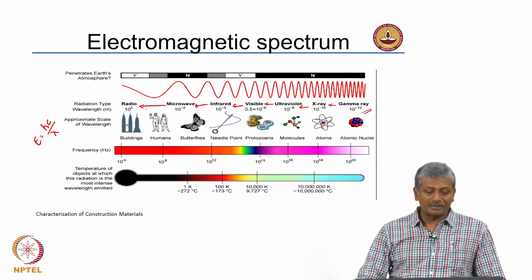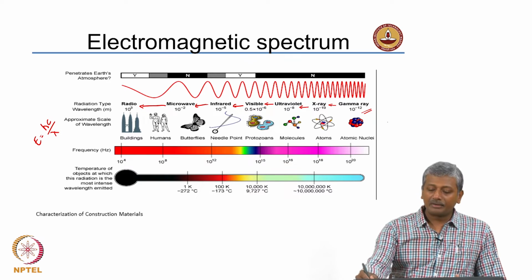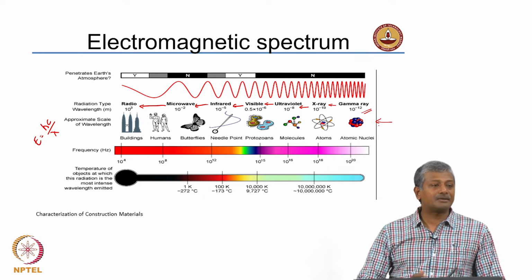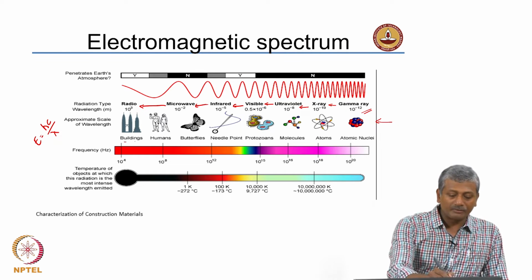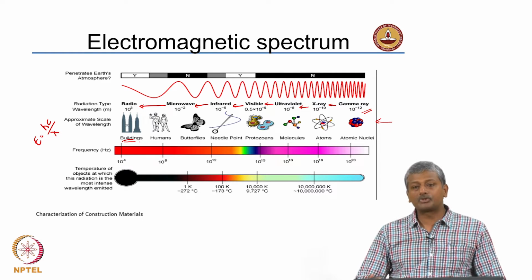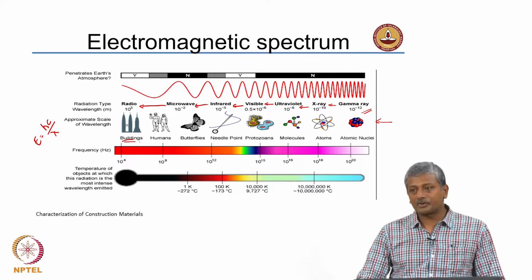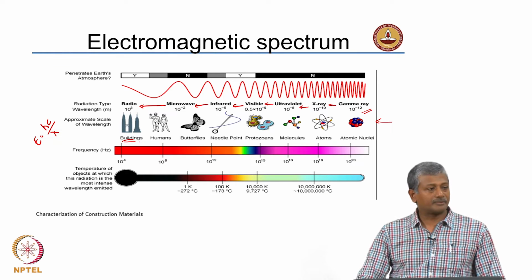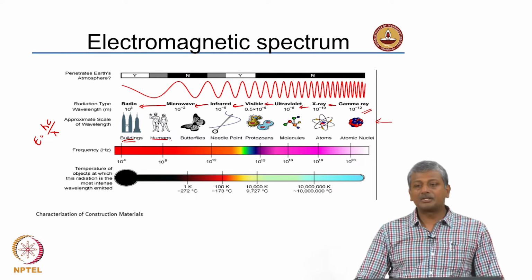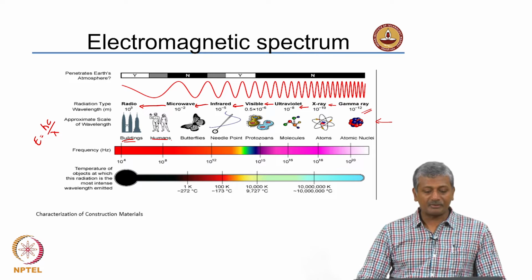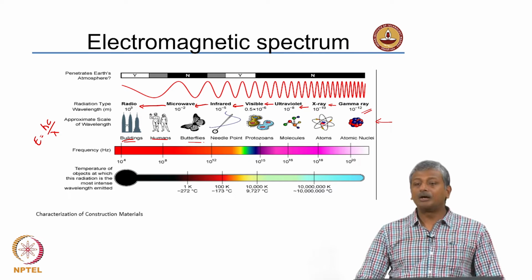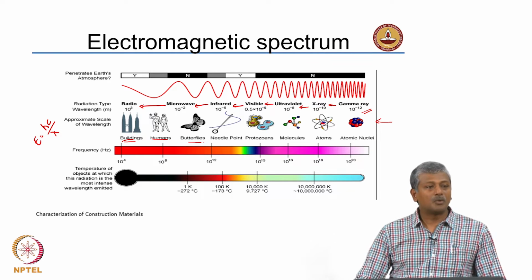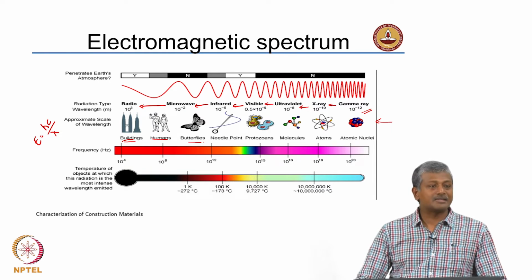So, what scale of wavelength is given by the kind of materials that are in the same range as the wavelength of the electromagnetic radiations? For example, if you are looking at radio waves, these are building size, like Burj Khalifa, for instance, which is 828 meters. So, we are in the range of radio waves. Humans are typically about 1.5 to 2 meters, so we are in the range of the microwave to radio wave transition. Butterflies, how big are butterflies typically? About a few centimeters, maybe about 6 to 7 centimeters. So, we are at the start of the microwave range.